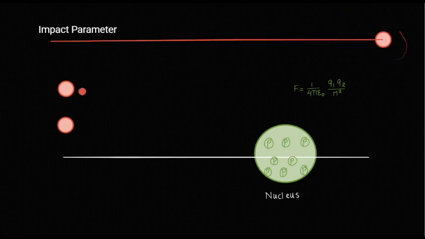Now similarly consider your second alpha particle. Now this alpha particle also moves towards your nucleus. Now as it moves towards the nucleus, fine. So somewhere at this distance, what will happen?